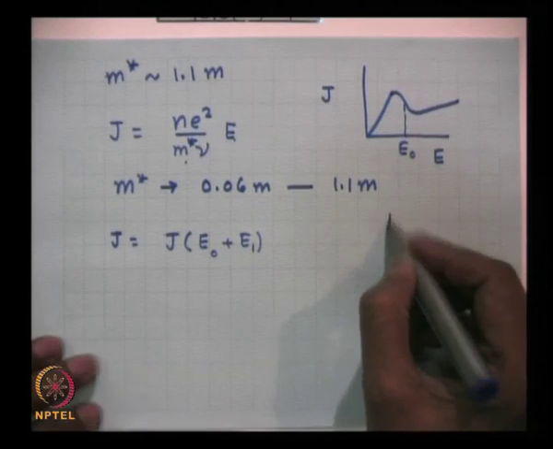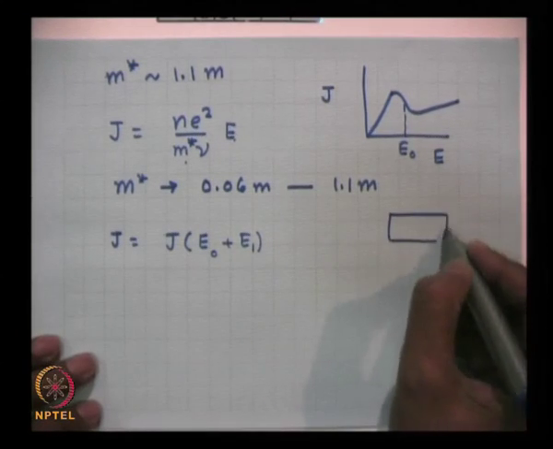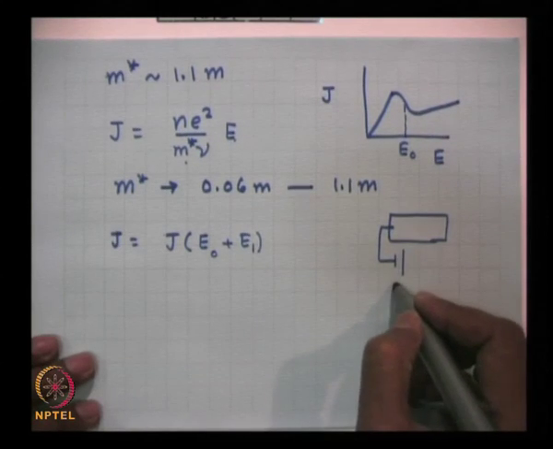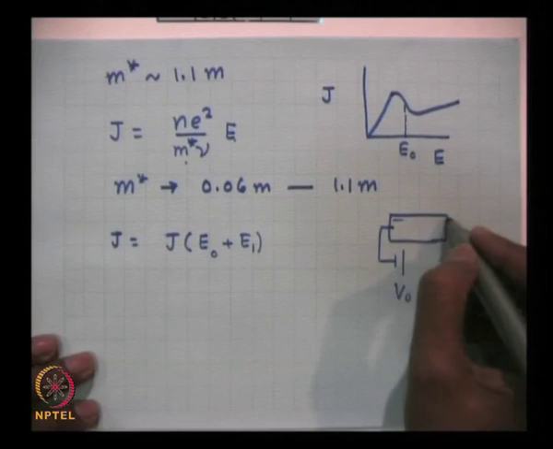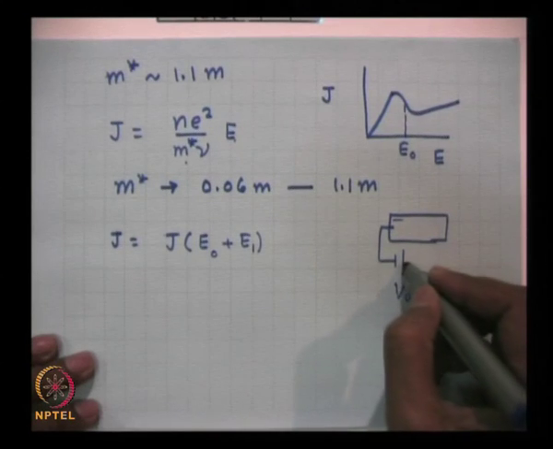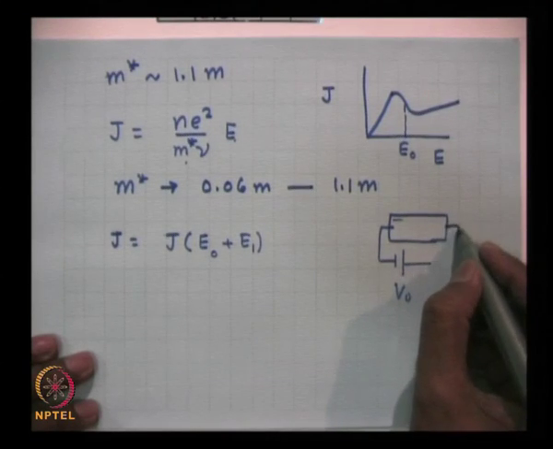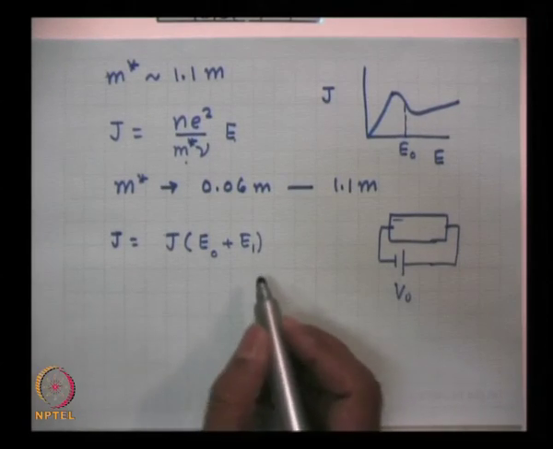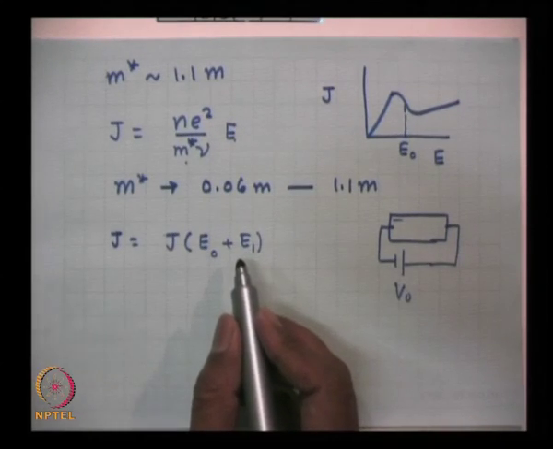So, your semiconductor, you are biasing with an electric field E0, voltage V0, length is L. So, V0 by L is E0, and now let us see what happens. Suppose in the semiconductor there is some additional electric field produced by the accumulation of charges or rarefaction of charges somehow. What will happen?